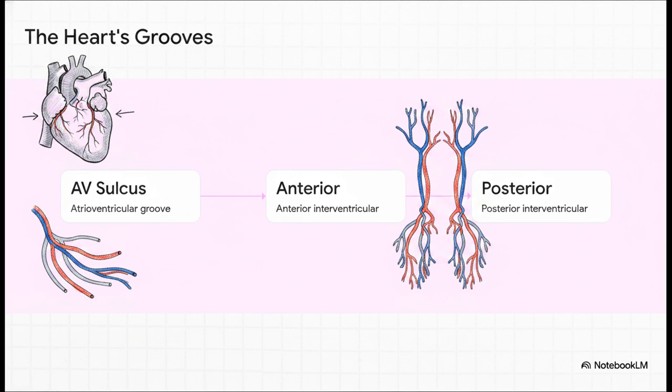Because here's a crazy paradox for you. The heart muscle cannot extract oxygen from the blood inside its own chambers. No way. It needs a dedicated external supply. These 3 external grooves basically separate the chambers from one another, but more importantly, they safely house the coronary arteries and veins. You have the circular atrioventricular sulcus separating top from bottom, while the anterior and posterior grooves separate left